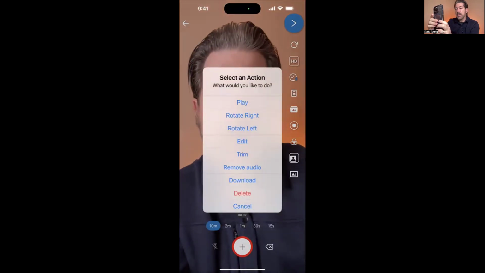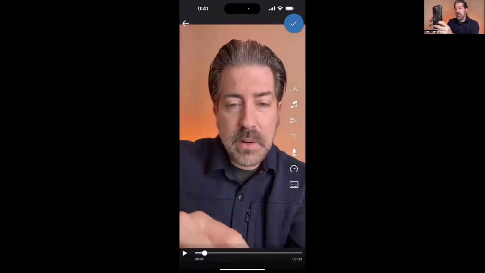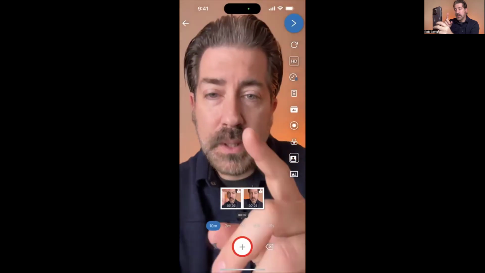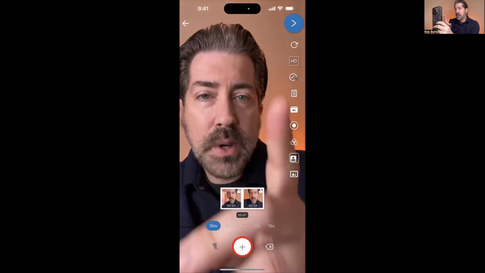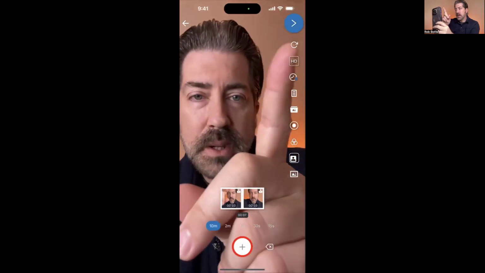If I click the edit button, I have a whole library of royalty-free music. I can do text overlay on the screen. I can do a voiceover. I can speed up the action, all from within each clip. Now over here to the right, this button up here at the top, this icon's going to turn your camera